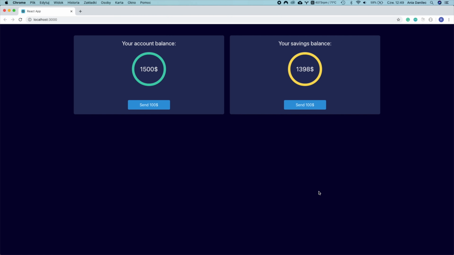Yeah, this is exactly how I wanted it to look like. You might change something if your preparation is different, but that's what I wanted to have here. Okay, now we can go back to our account balance component